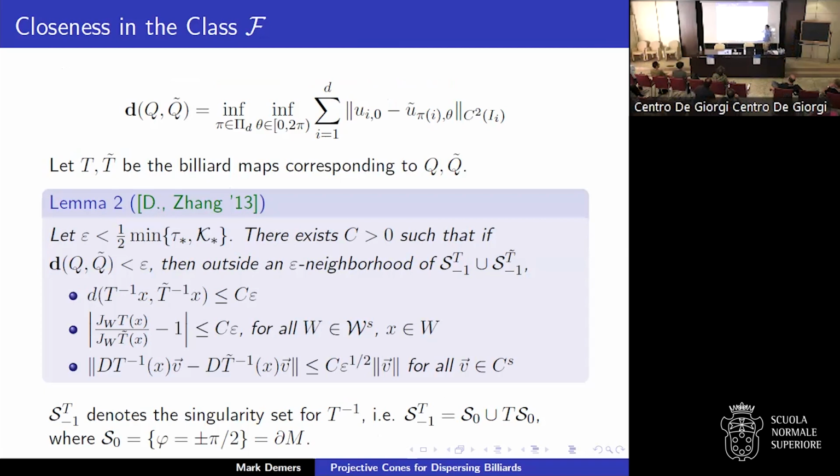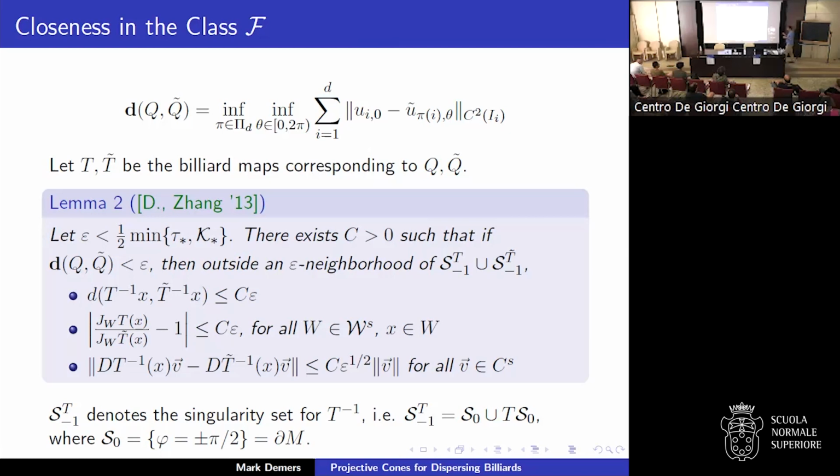You have to look outside a neighborhood of the union of the two singularity sets, because obviously the singularity sets will shift. If you're on one side or the other side of the singularity curve, you can get mapped to very different places. You can't expect to have images that are close by. So close one eye: don't look at an epsilon neighborhood of the union of the two singularity sets. Then how do the dynamics compare? Well, the pre-images of points should be epsilon close, the distortion should be bounded, and actually this is kind of C1 close. Square root of epsilon is good enough. So you do get some kind of C1 closeness